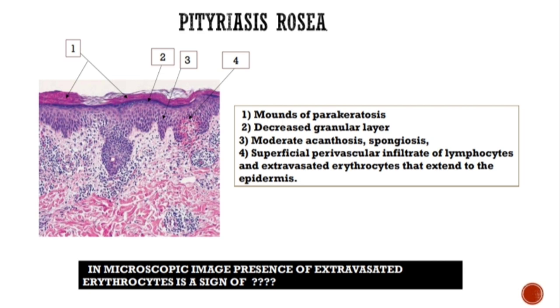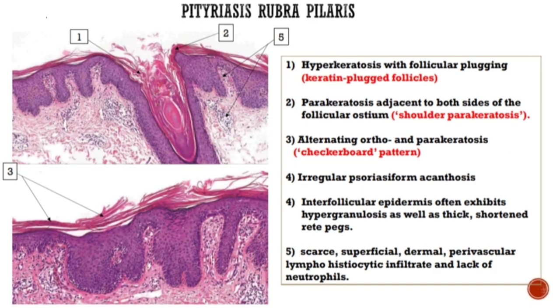Next entity is pityriasis rubra pilaris. The histological findings of pityriasis rubra pilaris include hyperkeratosis with the follicular plaque, which is shown in number 1, which is the keratin plaque in the follicles. The parakeratosis is adjacent to both sides of the follicular ostium, which is termed the shoulder parakeratosis. And there will be an alternating ortho- and parakeratosis pattern, which is given the name checkerboard pattern of